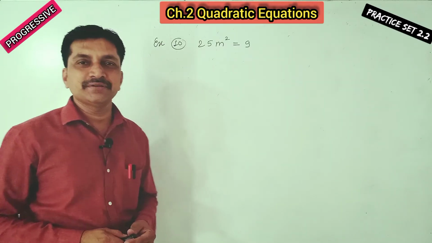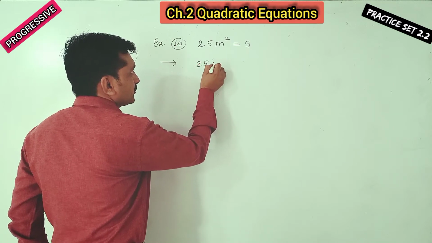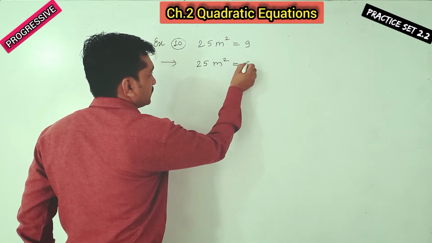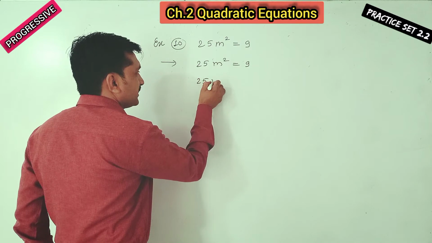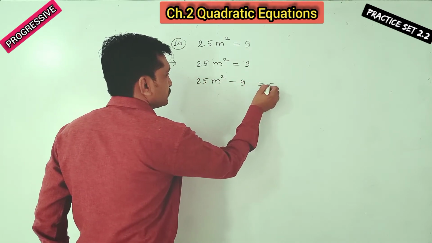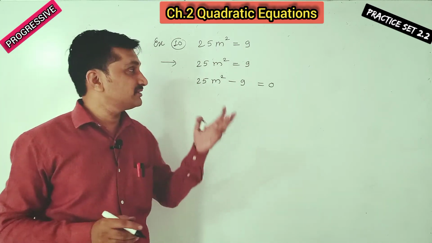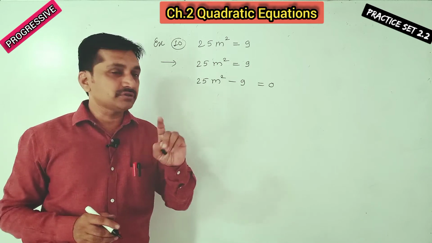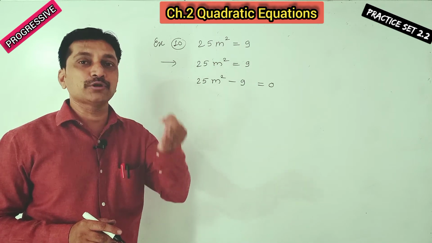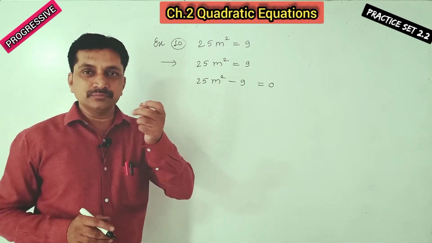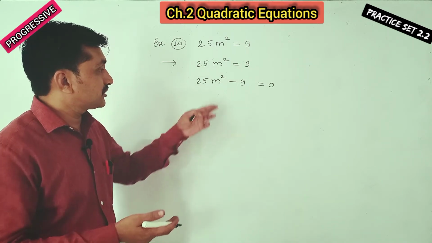Now let's see example number 10. Now we solved 9 examples and this is 10th example. What is difference here? Let's convert this into standard form. 25m square minus 9 is equal to 0. What is difference between 9 examples, those we have solved, and this 10th? In those 9 examples, there were 3 terms, means that these examples were of type trinomial. That's why middle term we replaced by another factors, right? But here are only 2 terms.